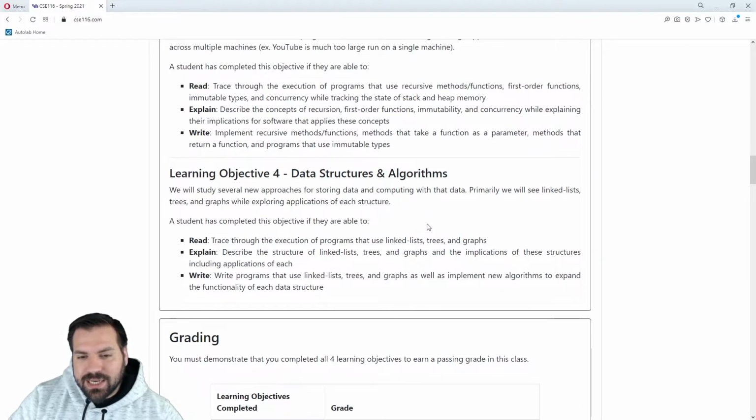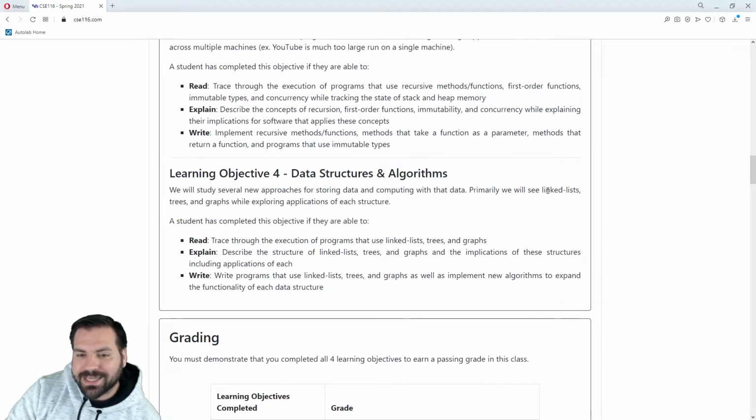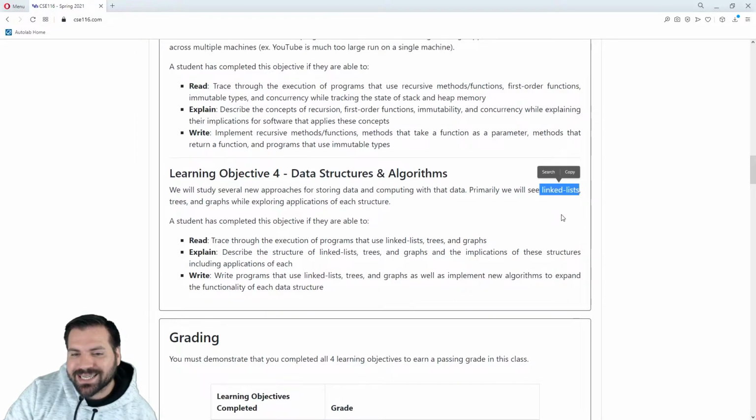So we're going to see the structure of each one of these in lecture, and then a couple of algorithms that we can use on these data structures, and you'll be expected to be able to work with each of these 3. In the homework, you're going to get references to the types of data structures that we're going to create in lecture. So we're not necessarily using Scala's built-in list anymore. We're going to use the linked list that we're going to introduce in today's lecture. That's the linked list we're going to see.